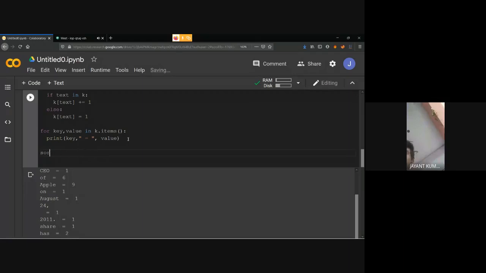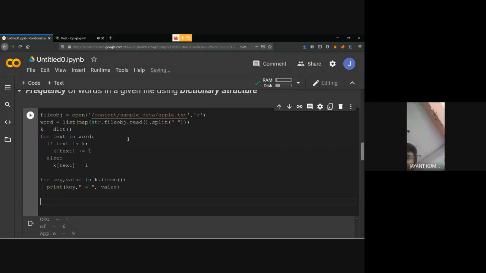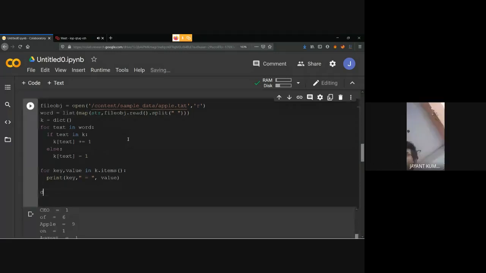Actually, this is the naive method of creating a dictionary. We have one more method. Let's say we have another dictionary. This is a naive method, and we have a better method, the module from collections.